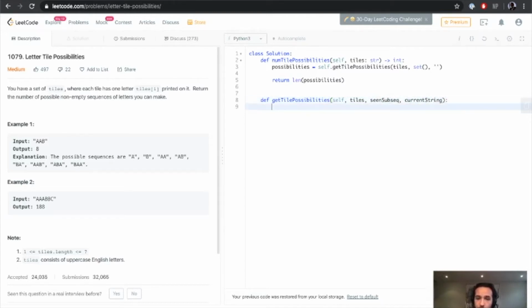Okay. So first things first, we need to run some validations. If there are no tiles to even deal with, all we're left with is what we've seen so far. And so we'll return seen subsequences, which if there's no tiles in the first place, it'll just be empty, and so we'll return 0, which works, right? That's a good edge case to cover. And then what we want to do is basically call this function recursively and eventually return the seen subsequences that has all of the